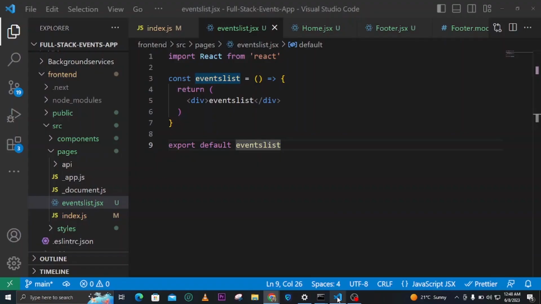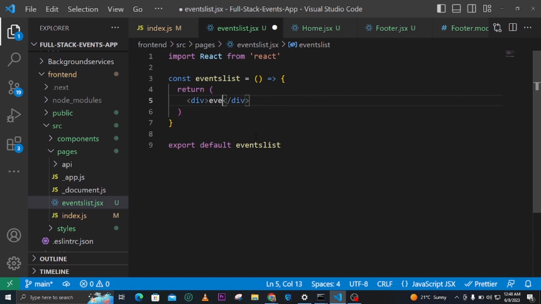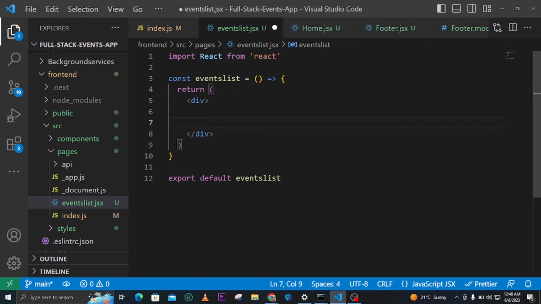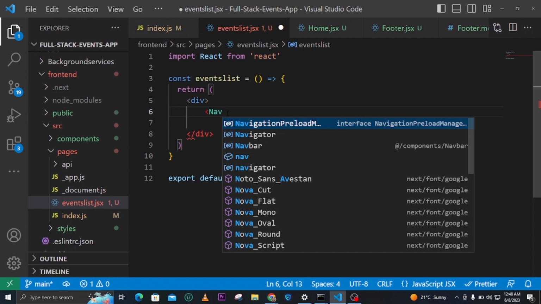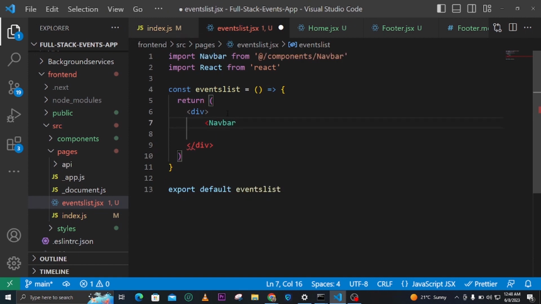So let's come here. And then in our code here, we have this. But before that, we need also to have our navbar and then our footer. So the first thing that we'll add here is our navbar. So let's have our navbar also. So if we need to have our navbar, we need to import it. So I'll just add here as navbar, just like that. You import from the component,